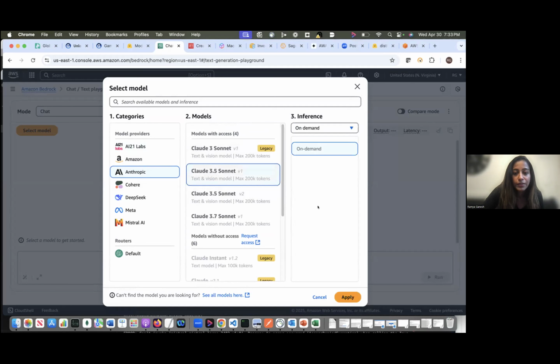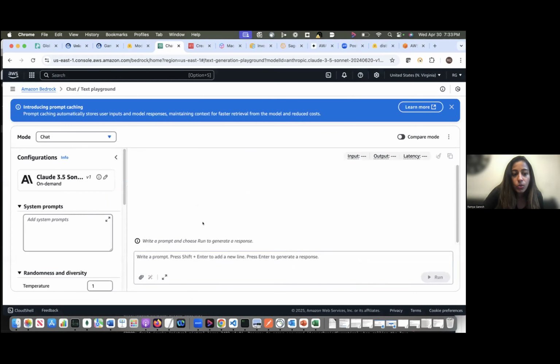I'll go for 3.5 Sonnet. And okay, I'll click on apply. So this is basically, you can just use this for any chat, like if I want to ask,